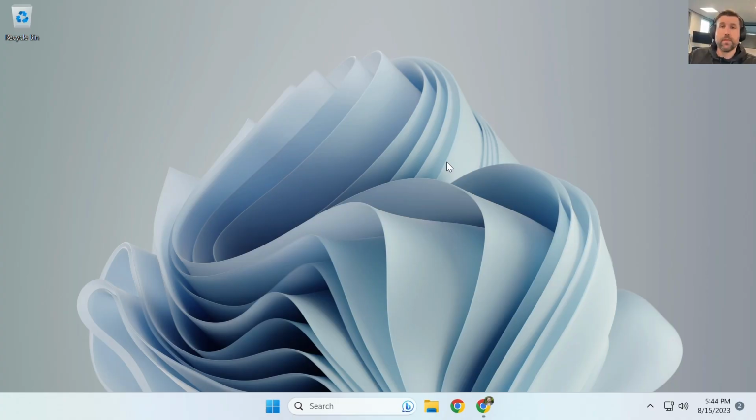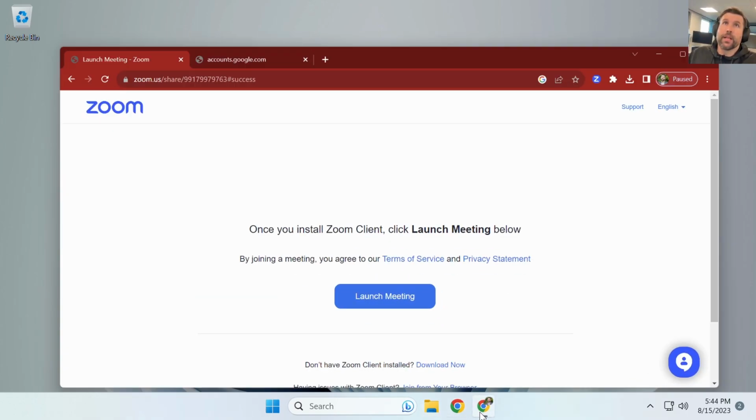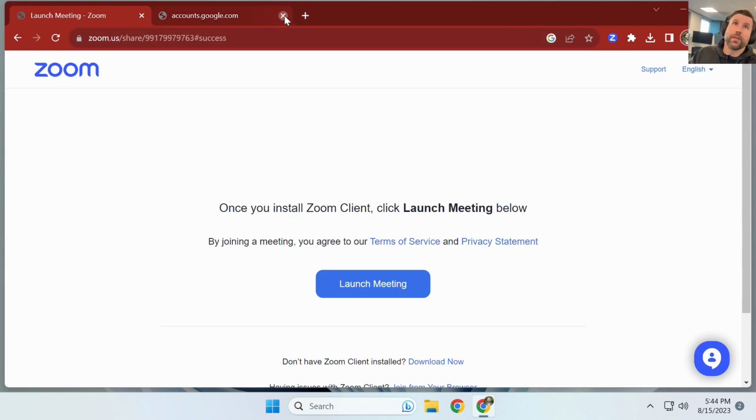I'm Ham, and today I'm going to show you how to set up a Windows PC for Zoom Room. So to start, we're going to be on the Windows desktop here. First thing, on our desktop, all we have to do is find our browser. Doesn't matter what browser. I'm going to go ahead and open up Chrome here, and we're going to go to